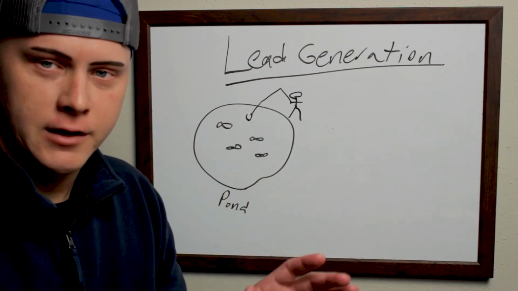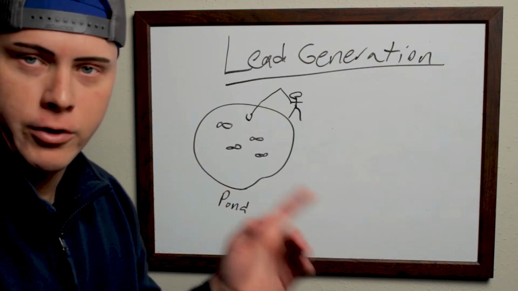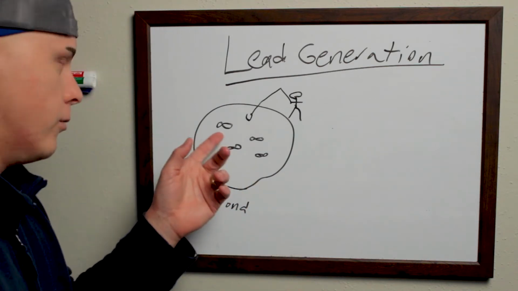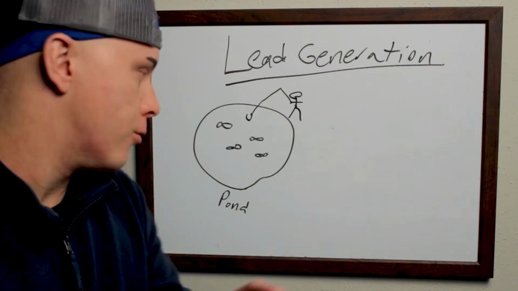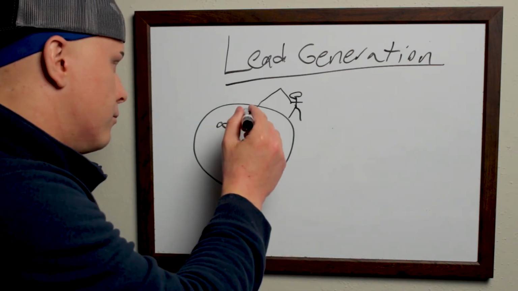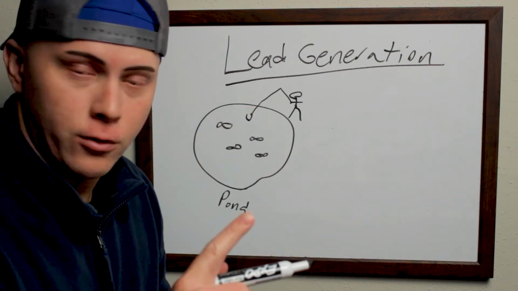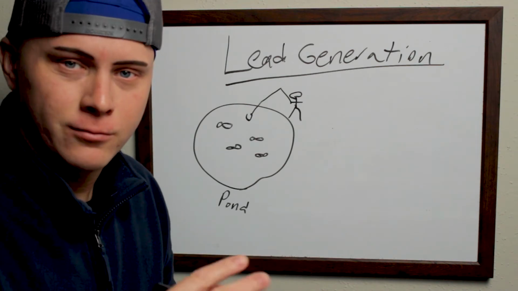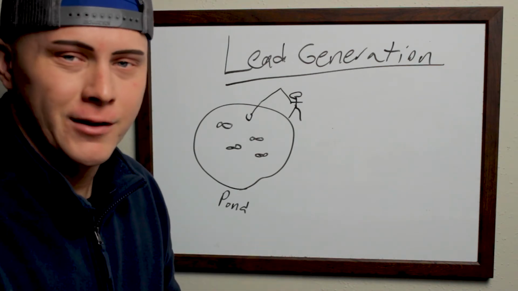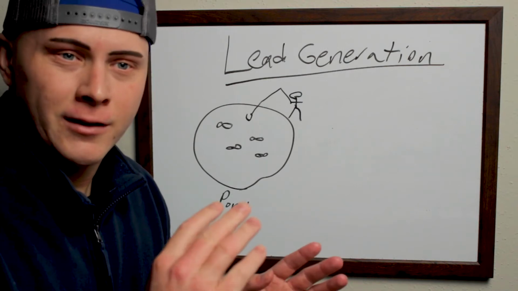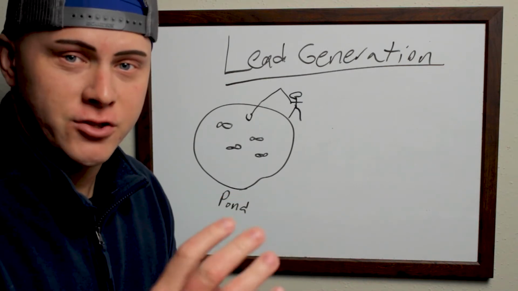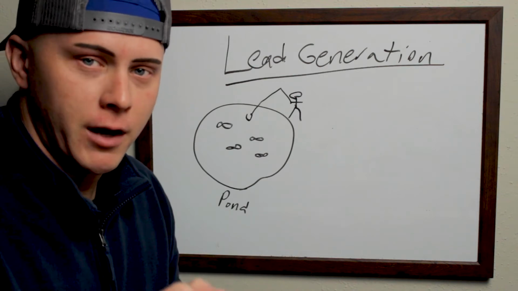Now, before you even do any of this, remember, you've got to know who your ideal customer is. You've got to know who it is you're fishing for, because if you don't, you won't know, number one, where to look for them. Number two, what you're trying to even do for them. Number three, whatever the result is you're trying to get them, you're also not going to know what they actually like and that they'll actually bite on.